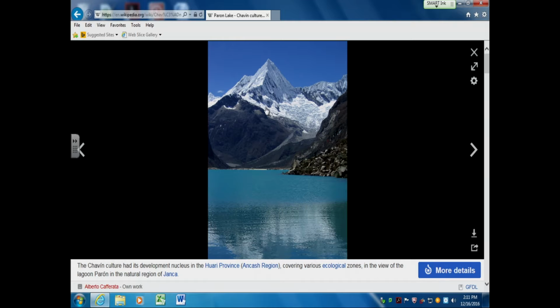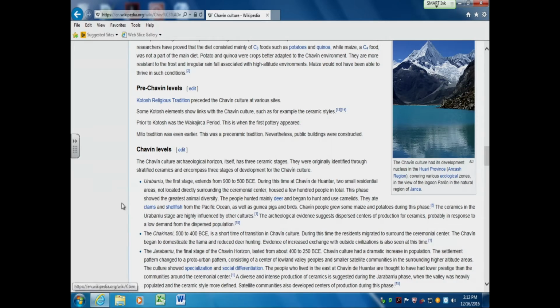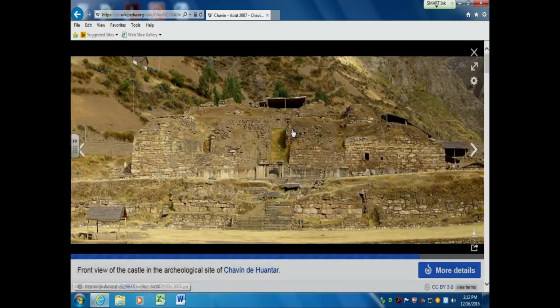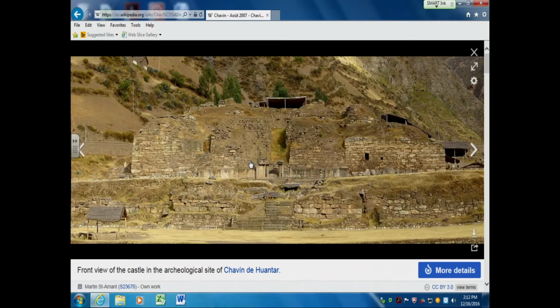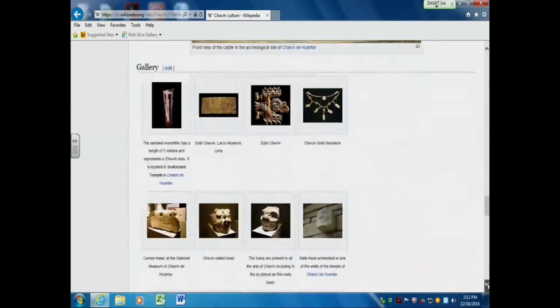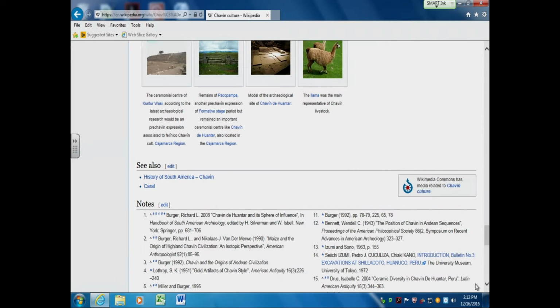This is the Andes Mountains. They are the second largest of the mountain chains after the Himalayas, and in some places they come right down to the coast of the Pacific Ocean. But in most places, it's back. You have a coastal plain, which allows for farming. And again, this is one of their large castles that they settled in. This doesn't show as clearly the agricultural setup, but it's very interesting in how they developed and evolved as a culture.